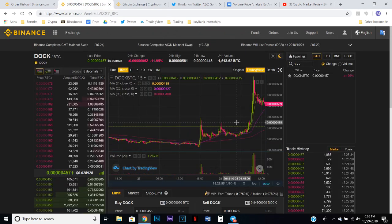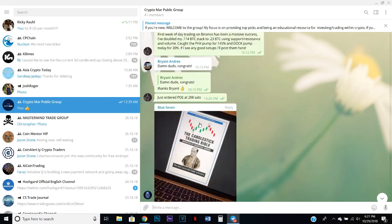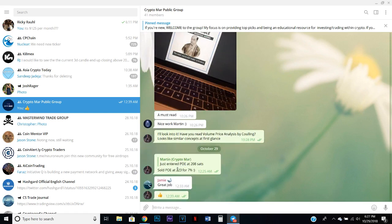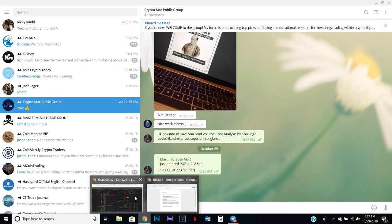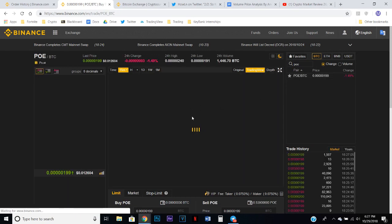Just a lot of opportunities here on Binance. I'll go over one more real quick. I called this one here on my Telegram. I entered POE at 208, and within 2 hours I was up 7%. We'll take a look at that real quick, and then I'll get into some resources